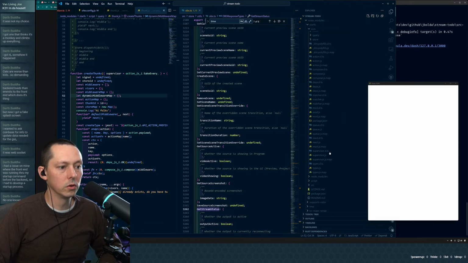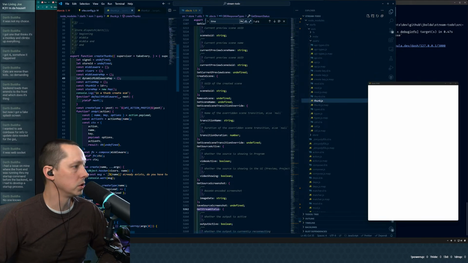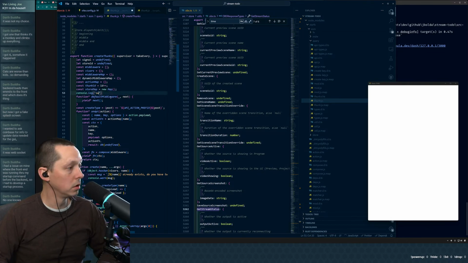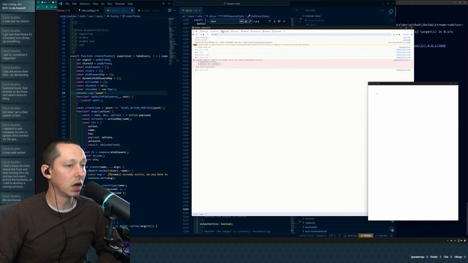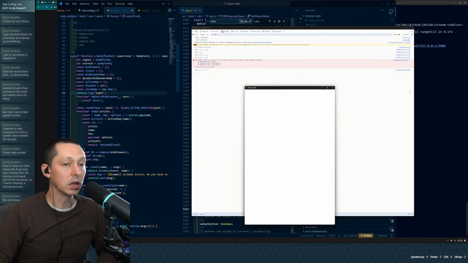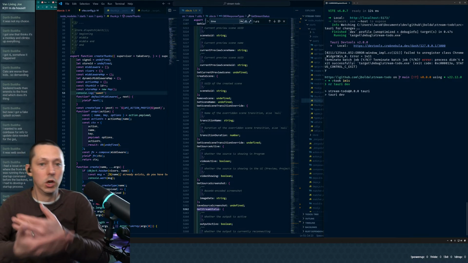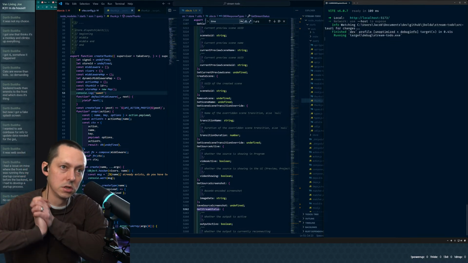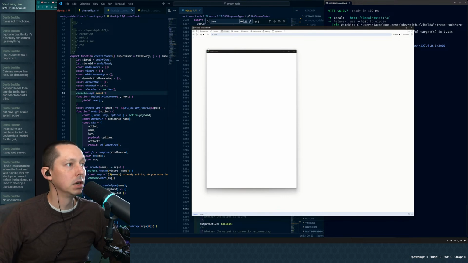So if we would go into, what is it, query thunk.js. Sweet. Now let's see if that hot reload changes, or if we see it in the hot reload. We refresh. Okay, so it's definitely not hot reloading it. Anytime we change anything in here, we're going to have to do that, which is not ideal, but